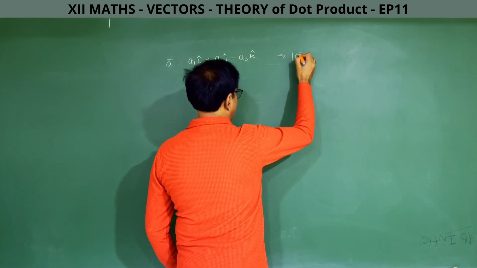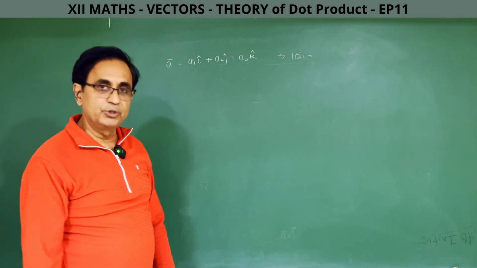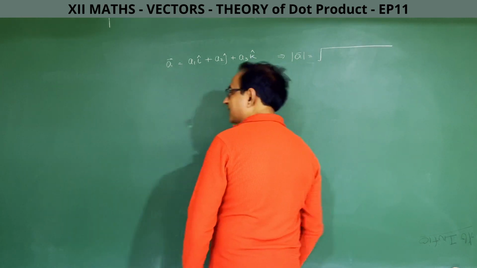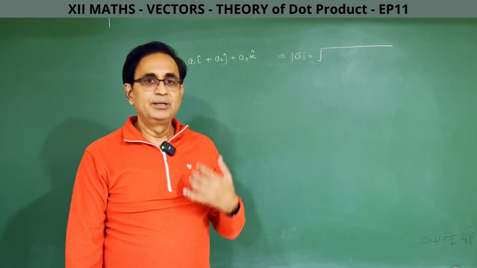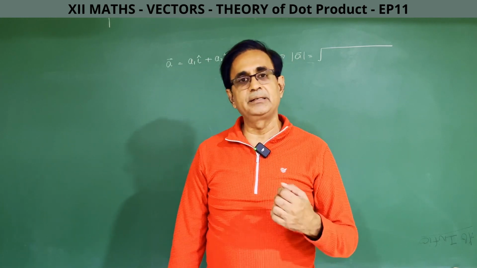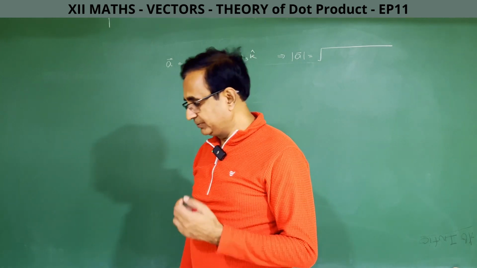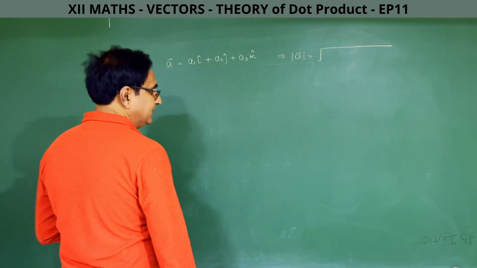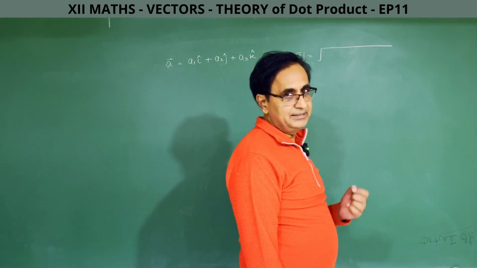I am sure all of you will know it if you have been attending the previous lectures before this class. It is the square root of... we say it in class like this, making it a small poem, which makes it easier. What is the magnitude of the vector which is expressed in terms of i, j and k? It is the square root of the sum of the squares of the coefficients of i's, j's and k's.